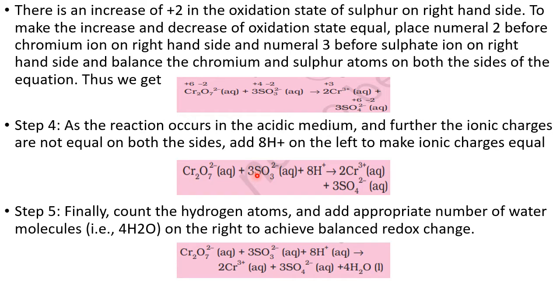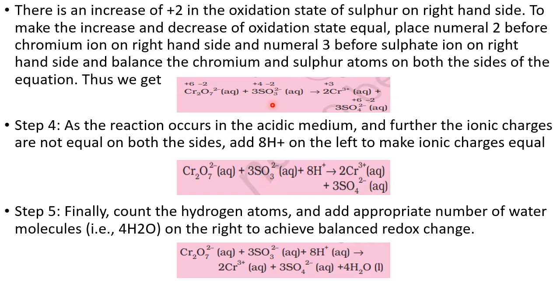So when I have taken 3 S on the LHS, to equalize the number of S atoms, I have to take 3 on the RHS. So 3 S on the LHS, 3 S on the RHS. So I am equalizing not only the number of atoms, I am also equalizing the increase as well as decrease in the ON. So in this equation, increase by 6 as well as decrease by 6, which is balanced, right?